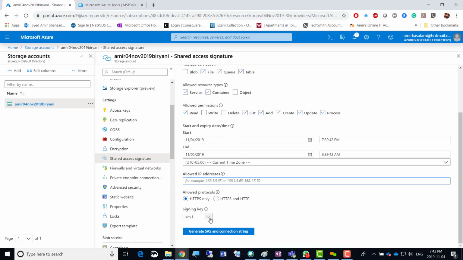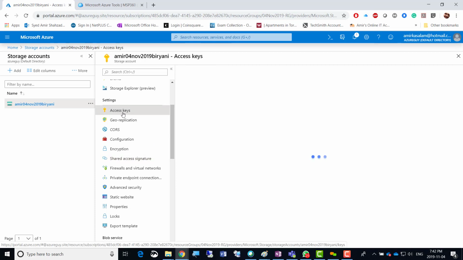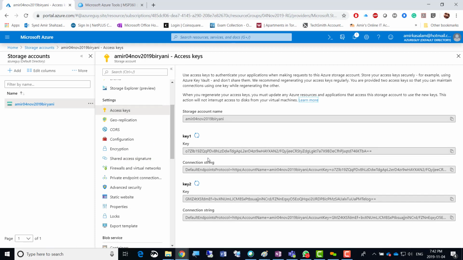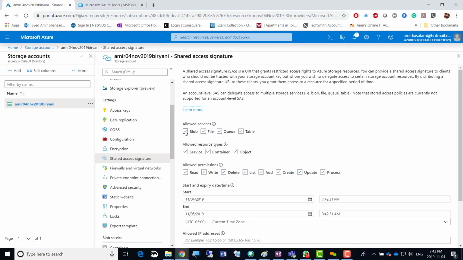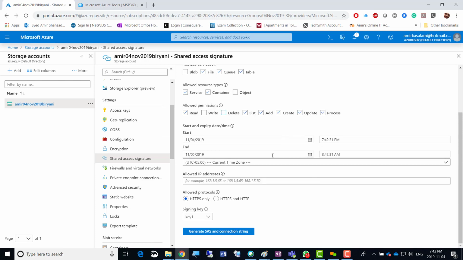And then the signing key, the user has to use either signing key 1 or signing key 2, and the signing key is this. This is the signing key here, key 1 or key 2. So whatever key you have put there, the user has to use any one of those. So if I go to shared access signature, as an example, I had unchecked write and delete for object and blob. The user cannot use that, but the user can use all others, and give 1 year, and from a public IP, and HTTPS, and key